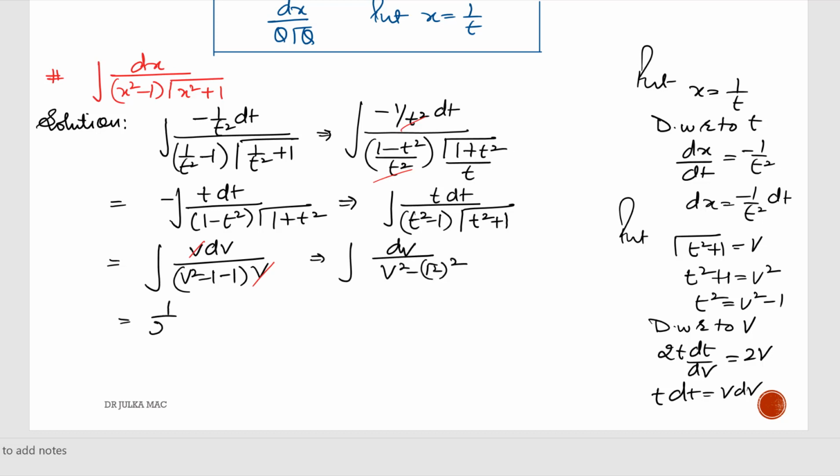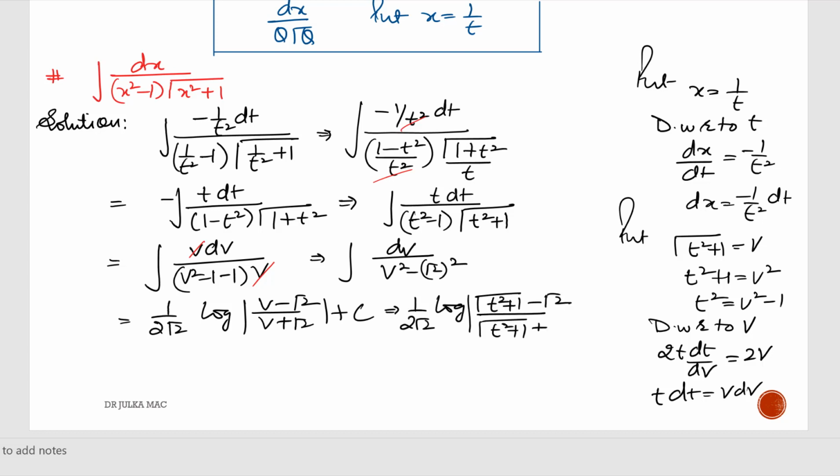Replace t dt by v dv and t square by v square minus 1. After simplification, we will get dv upon v square minus (root 2) whole square. The formula is 1 upon 2 root 2 log (v minus root 2) upon (v plus root 2). The value of v is the root of t square plus 1 and then put the value of t equals to 1 upon x, and we will get